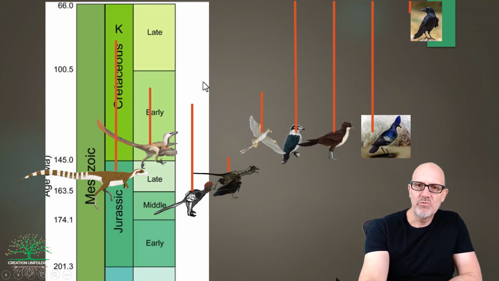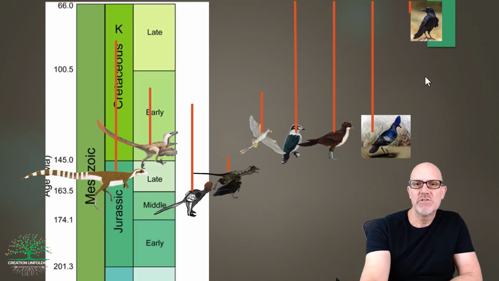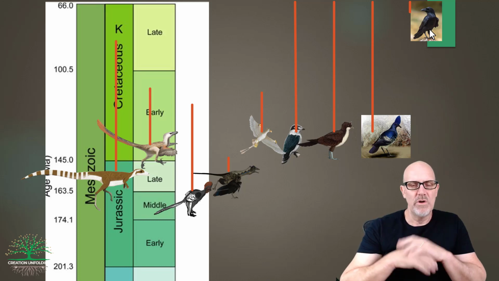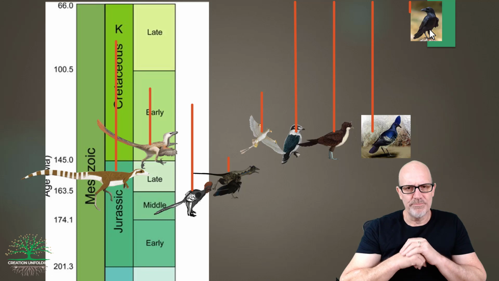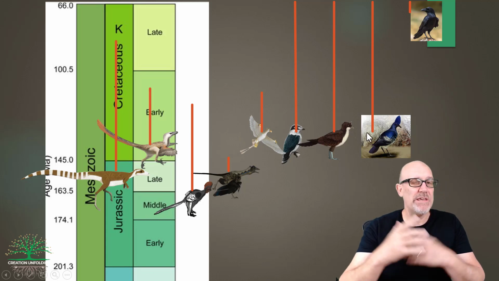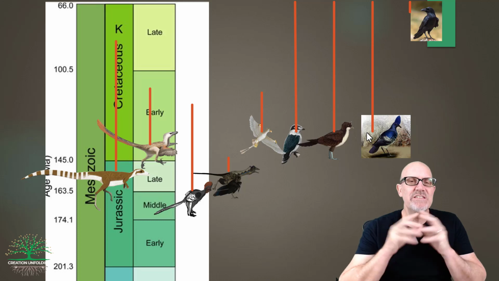But when you get over here to the right, these do fit a little bit into the evolutionary scheme. So what we've got here is Confuciusornis, and we've got the Enantiornithines and the Ornithuromorphs, and here is Neognathae, which is one of the modern birds in that modern group. And when you look at it, you can see that these ones do sit a little bit higher than the Velociraptor. And so these are around 125 million years ago, something like that. Of course, I'm using the secular timeline. And so they sit just a little bit high.